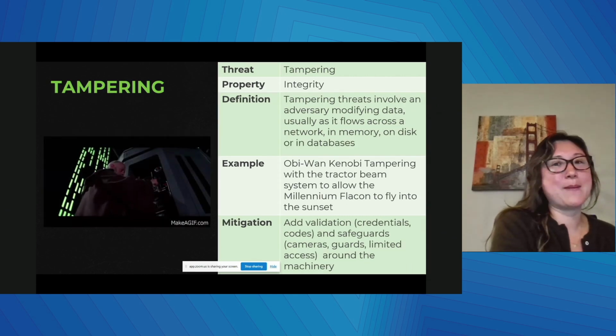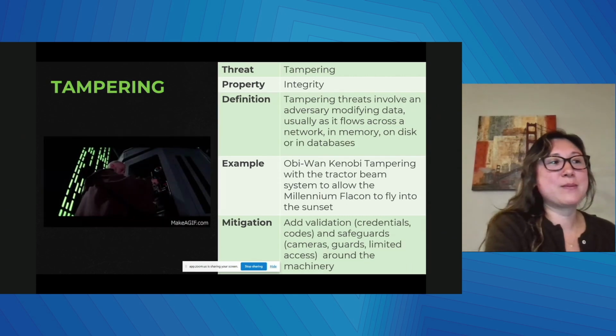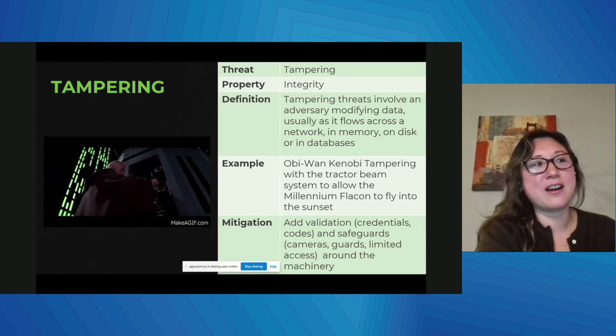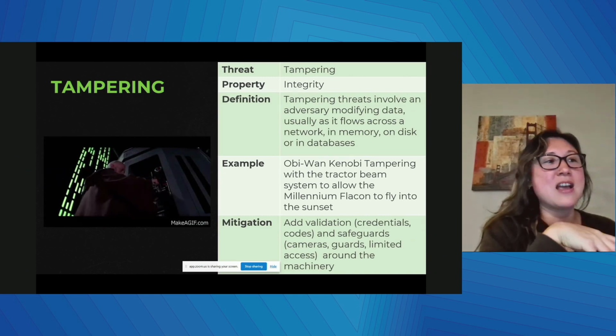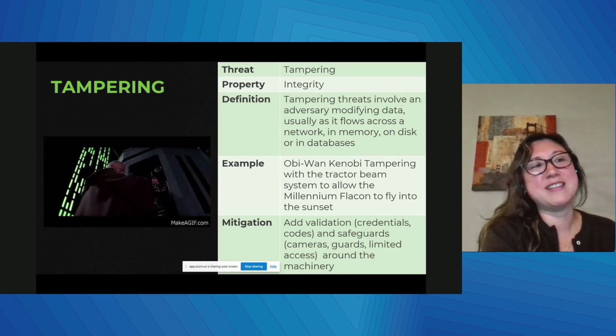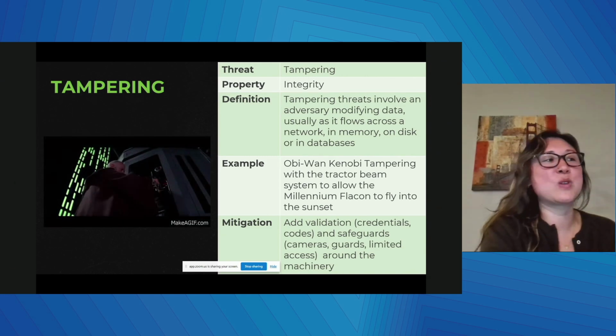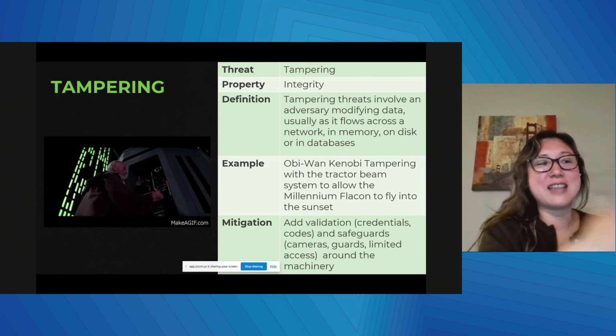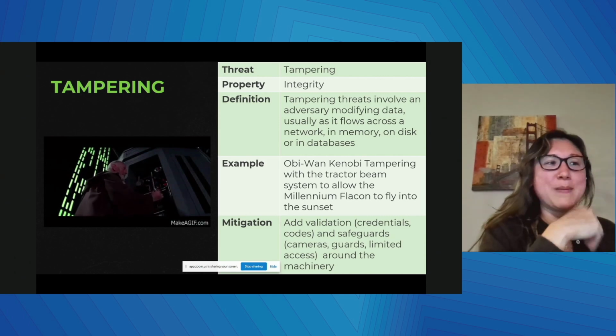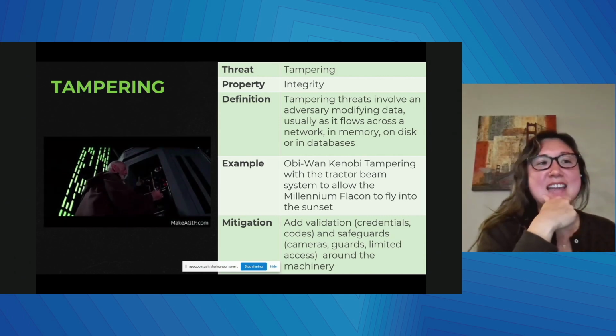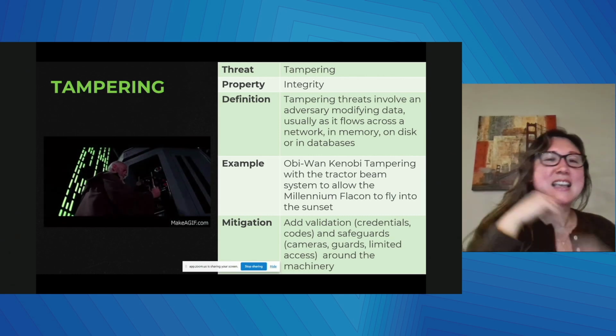All right, now let's talk a little bit about tampering. The immense size of the Death Star brings with it the challenge of ensuring the integrity of its components. Tampering threats could target critical systems or manipulate important data, leading to disastrous consequences. Implementing tamper-proof technologies and continuously integrating checks would be essential to mitigating a risk like this.